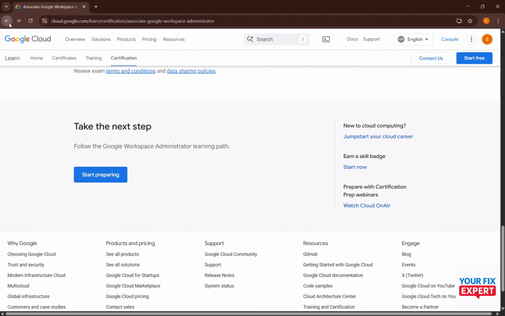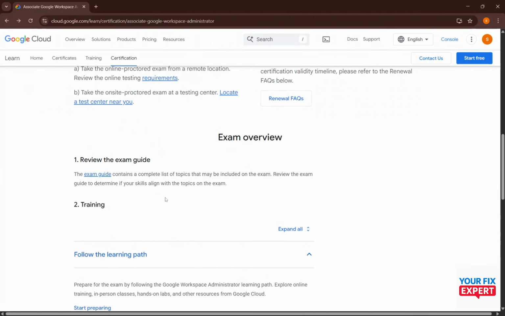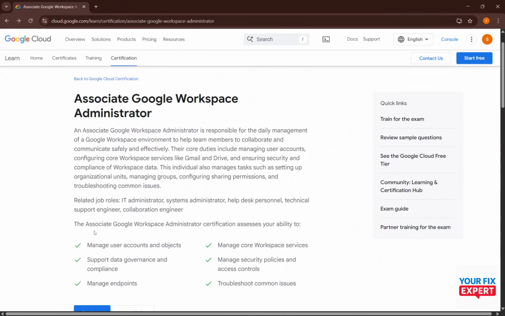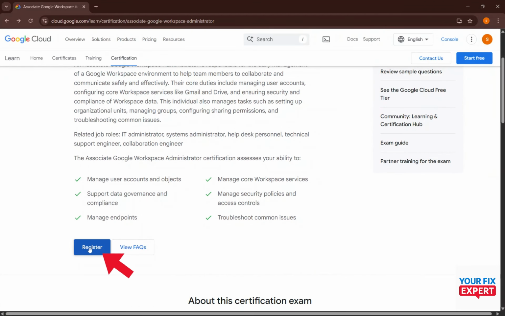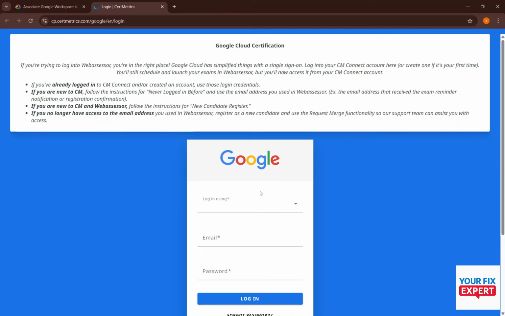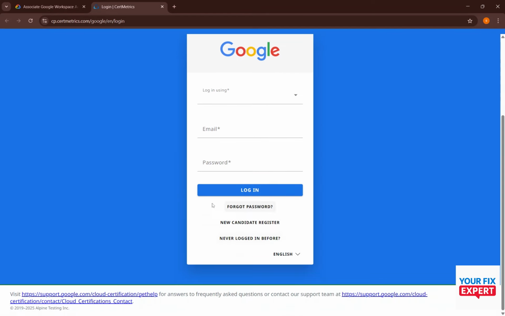When you're ready, go back to the certification page and click Register at the top right. Choose your preferred exam format, online proctored or test center. Then, pick your date and time. On exam day, make sure you have a valid ID, a working webcam and microphone, and a quiet environment